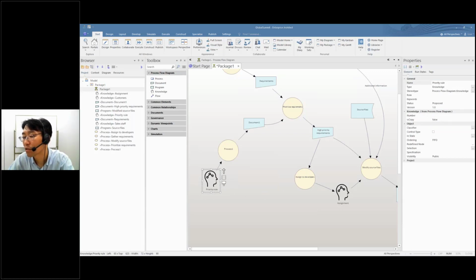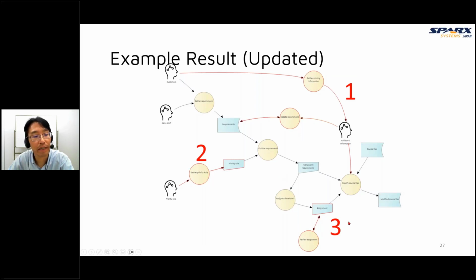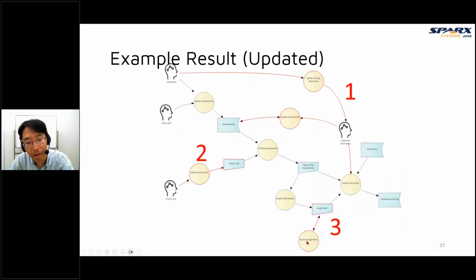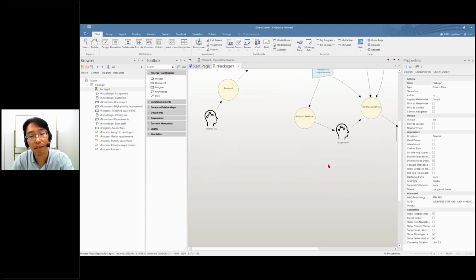And the next, number 3, is a process to verify if all requirements have been assigned. So add a process here to verify assignment. And now assignment information is changed to a document from knowledge. It's also easy to change like this.